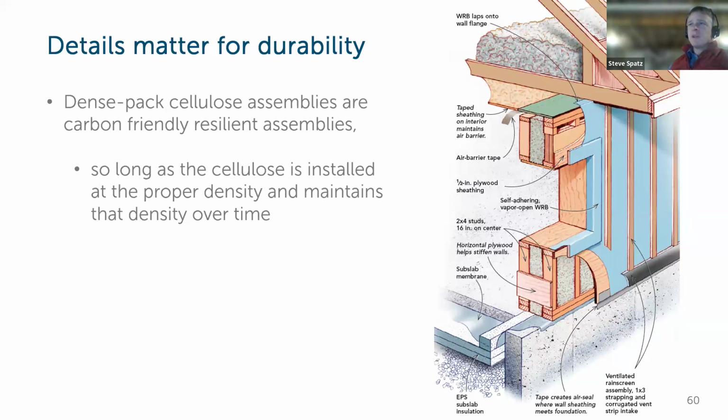in the assembly. And so dense packed cellulose assemblies' long-term durability and resiliency is dependent on the fact that they're going to remain at that level of density over time. So when we start to get into thicker assemblies beyond a 2x4 or 2x6 for dense packed cellulose, there's actually some really crucial details that need to be accounted for and put into practice so that that density can hold up over time. Because what you don't want to see happen is that material sag or the density not be there and gaps and voids open up in the material that can make the entire assembly vulnerable to moisture over